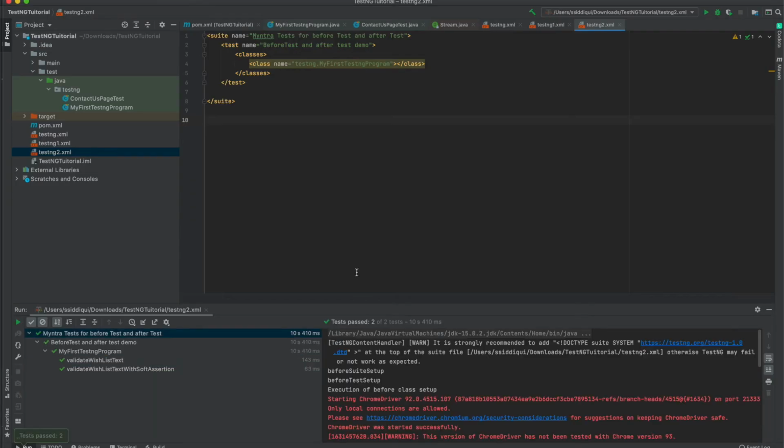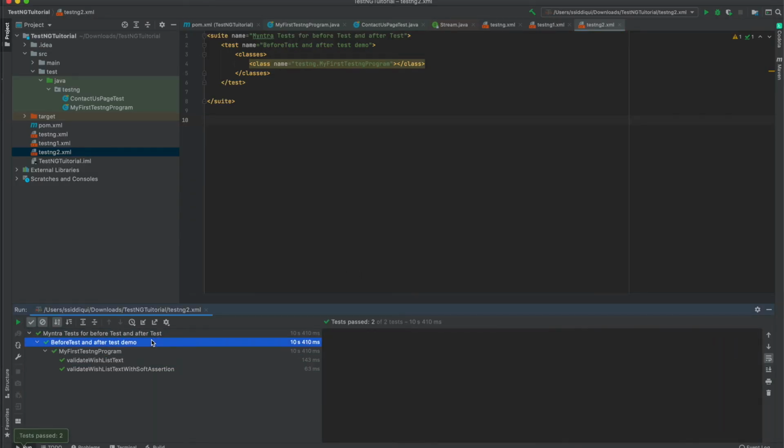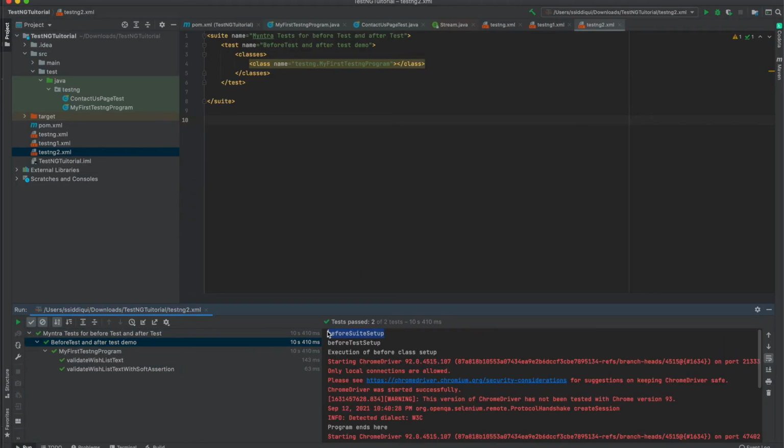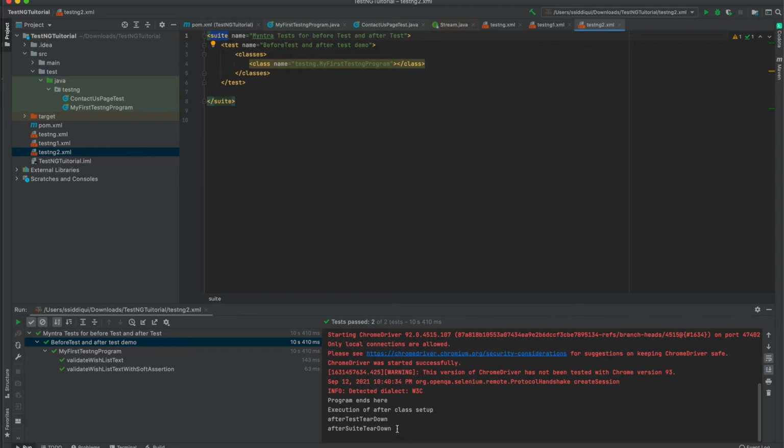Both the test cases have been executed, and if we go here, you will see that this is getting executed first. So this is for this tag, and in the last it is executing after shoot. So this is for this tag, so this will take precedence for any of the annotations that are present regarding testng, and this is going to execute first.